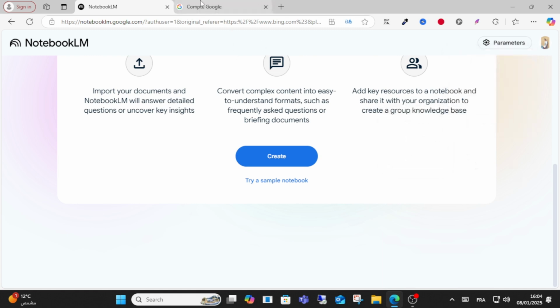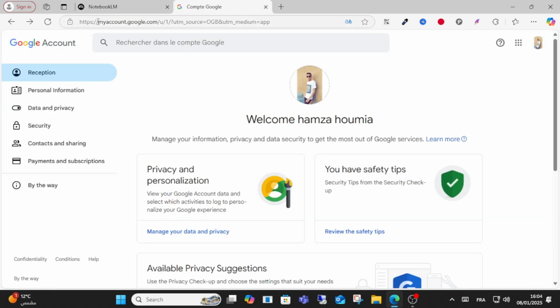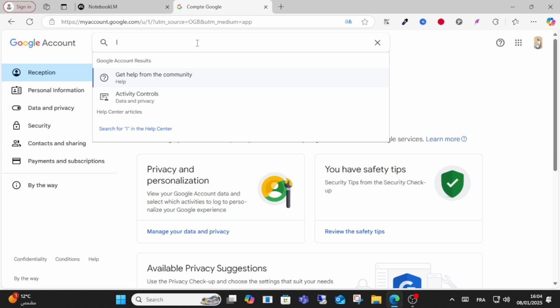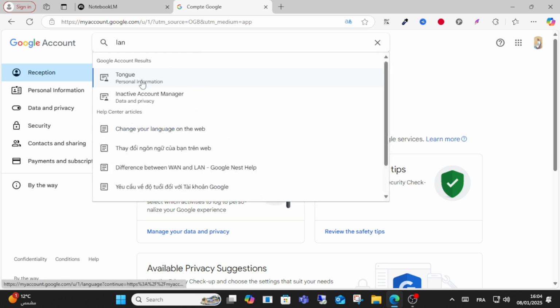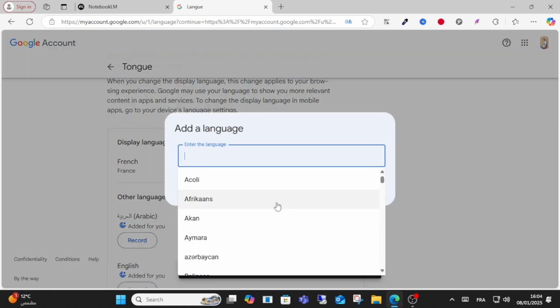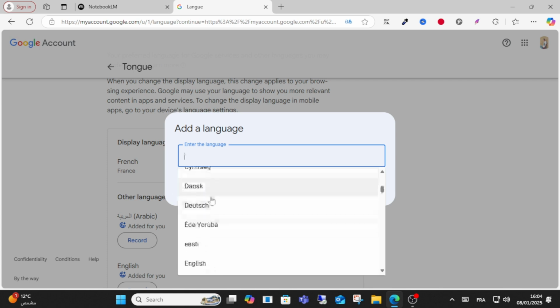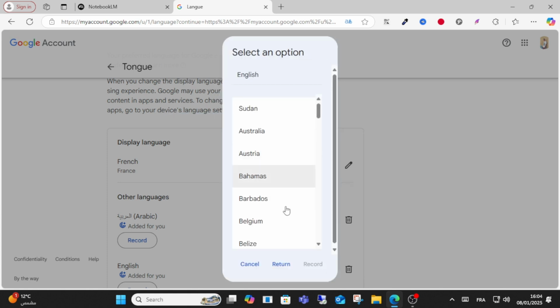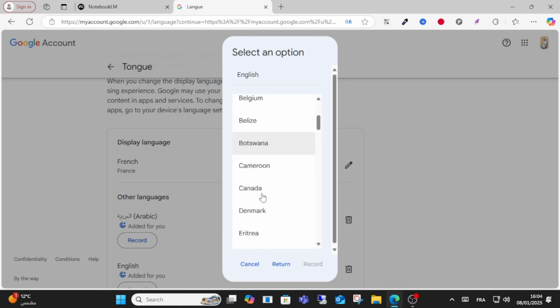What you have to do, go to your Google account, make sure you have the same account for your here. After that, search for language, click this one, language, and from here you'll find this pencil icon. Click this one and choose the language you want to change. For example, English, click this language and click language, as you can see here, country of languages, for example Australia,